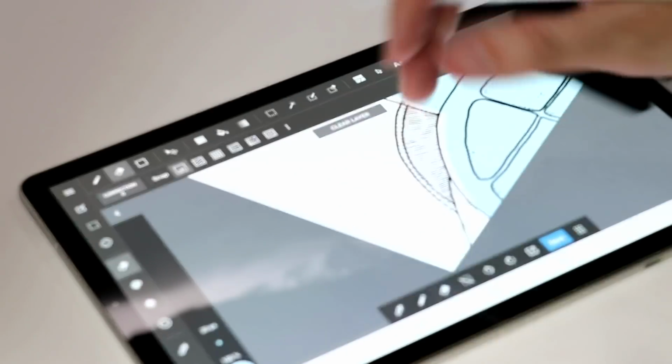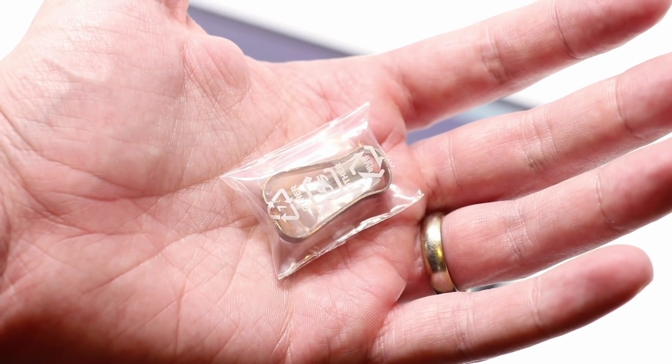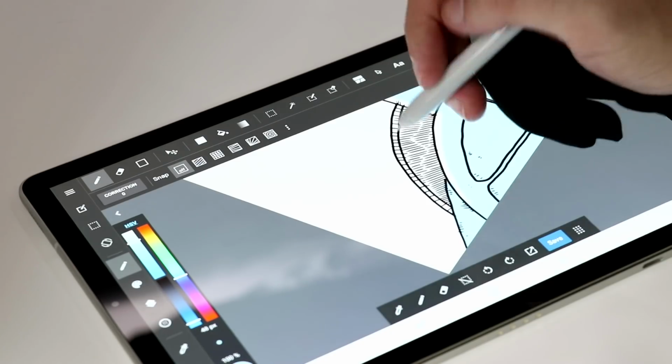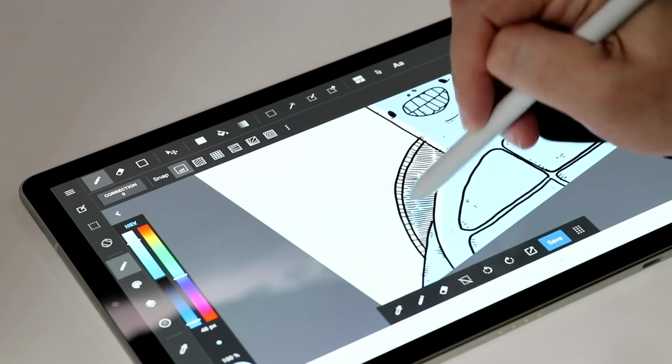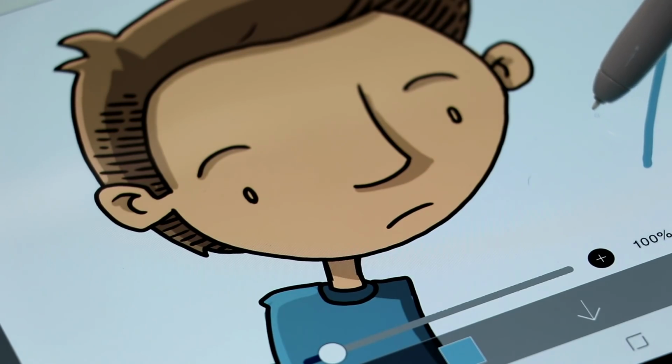And even if you're worried about your nibs wearing out, there are replacement nibs that come with the device. The light gray ones are a little bit harder, if you like that feel. I'm sticking with the dark gray ones for now. I like those. Now, one thing that I did notice is that when my pen hits the screen, where the